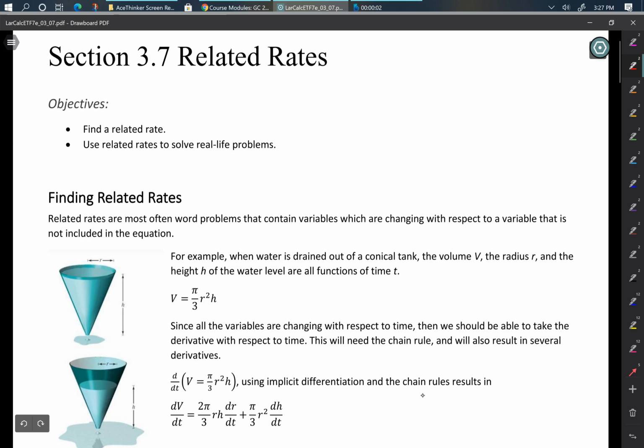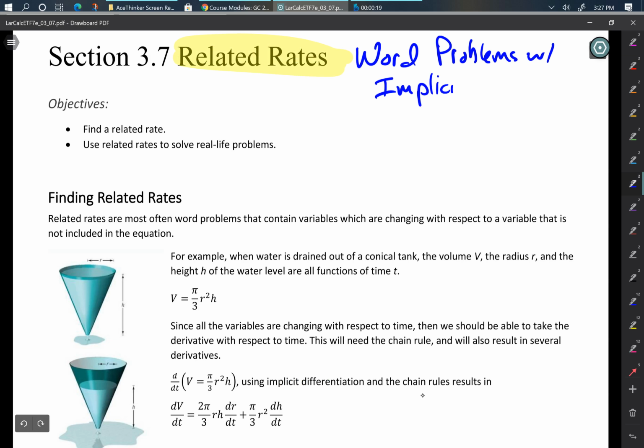Okay, people, welcome to section 3.7, related rates. The title is related rates, but really what it should be is word problems with implicit differentiation. Okay? All right, so we only have two objectives, and that is to find a related rate and to